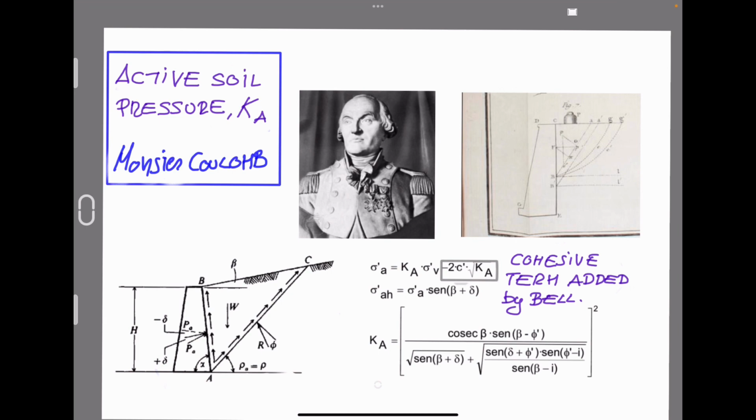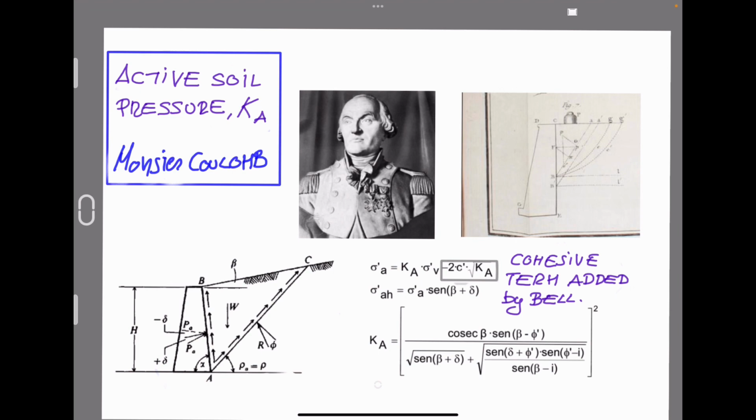Coulomb took into account a great number of parameters, for example the slope of the terrain located over the top of the retaining wall, but also the possibility of generating some kind of vertical friction between the outer face of the retaining wall and the wedge of soil to be sustained or retained. All those parameters were concentrated in that complex equation located at the bottom right side of the figure,